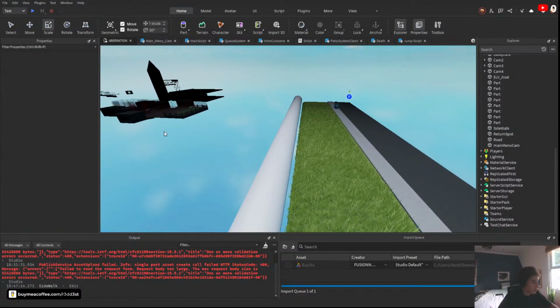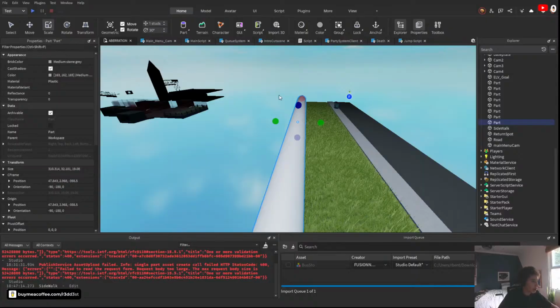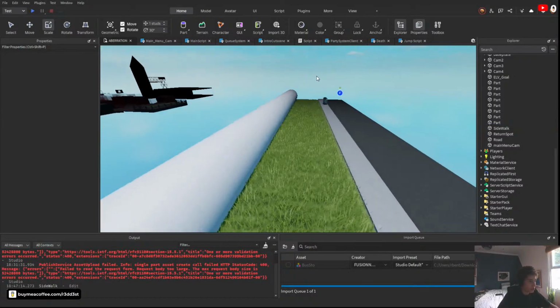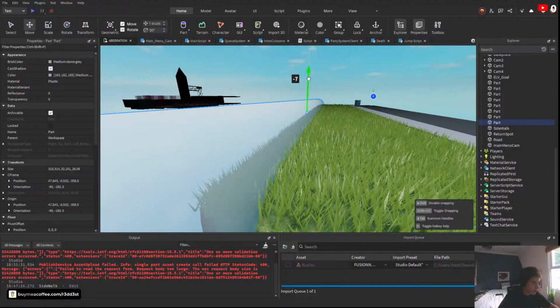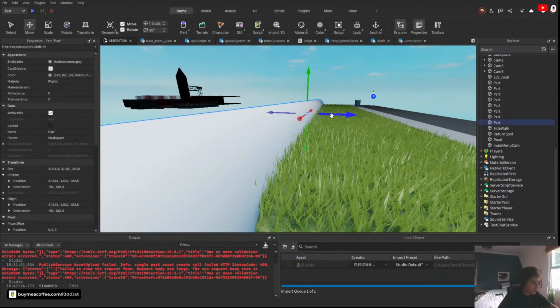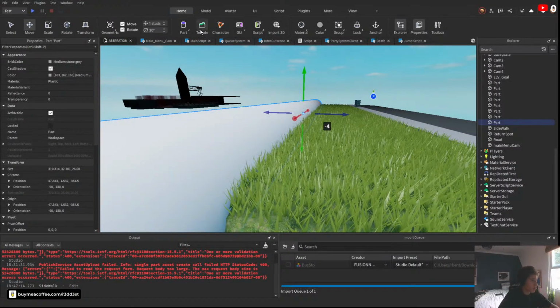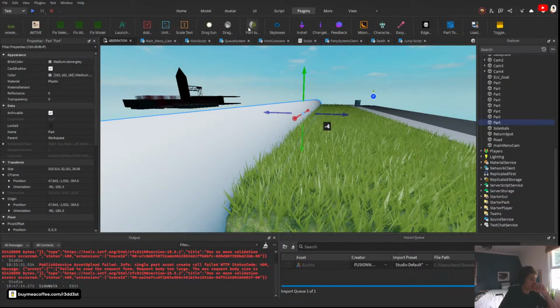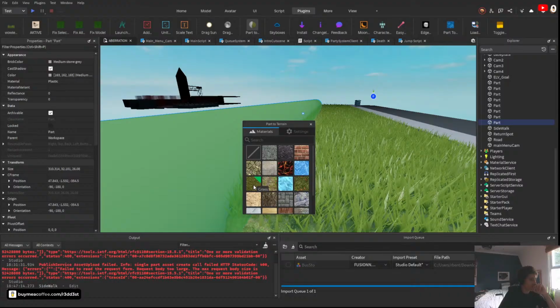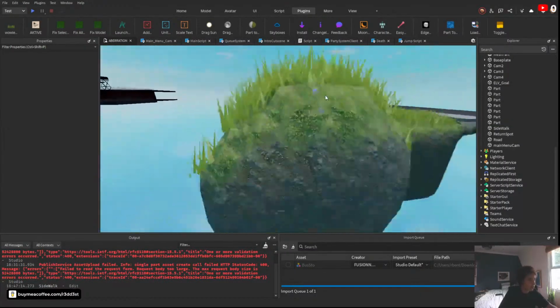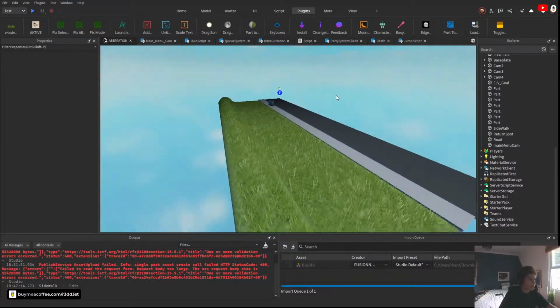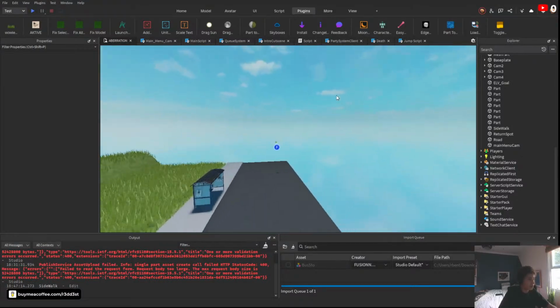I can't do that. Maybe I can just make this larger, sink it into the ground a little bit, push it over there, and then just do part terrain again, plugins, part 2 terrain, and I'll just do grass here as well, and that's fine. Okay, now